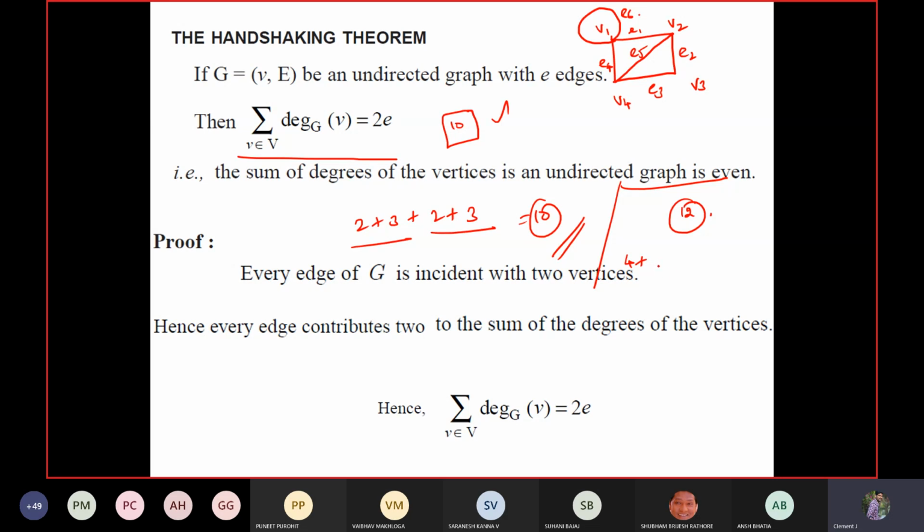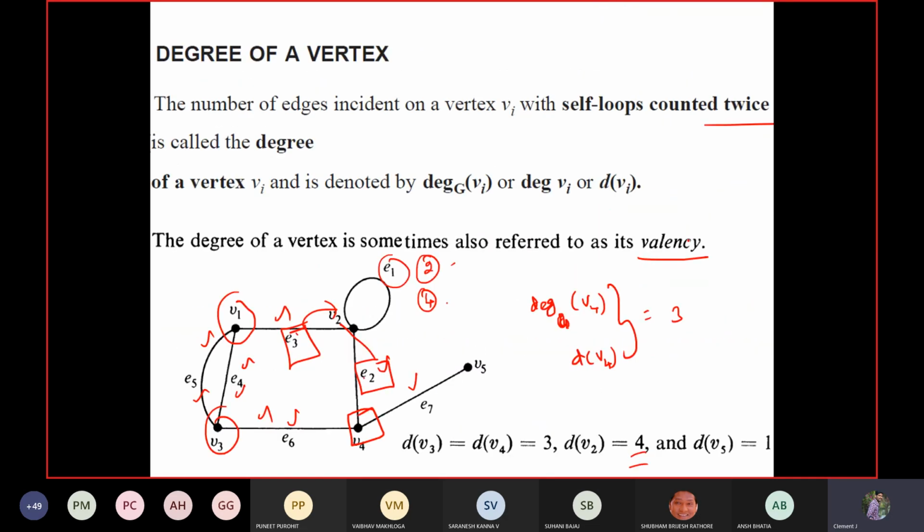Next, the rest of the things will not be varied, right? So can I write the same for the remaining ones? Yes, sir. 3 plus 2 plus 3. You can just check. 5 plus 3, 8. 8 plus 4, 12. So that's why, if they count this self loop only a single time, certainly one count will be missed. For that purpose, it is predefined in the degree concept itself that self loop edges are always counted twice.